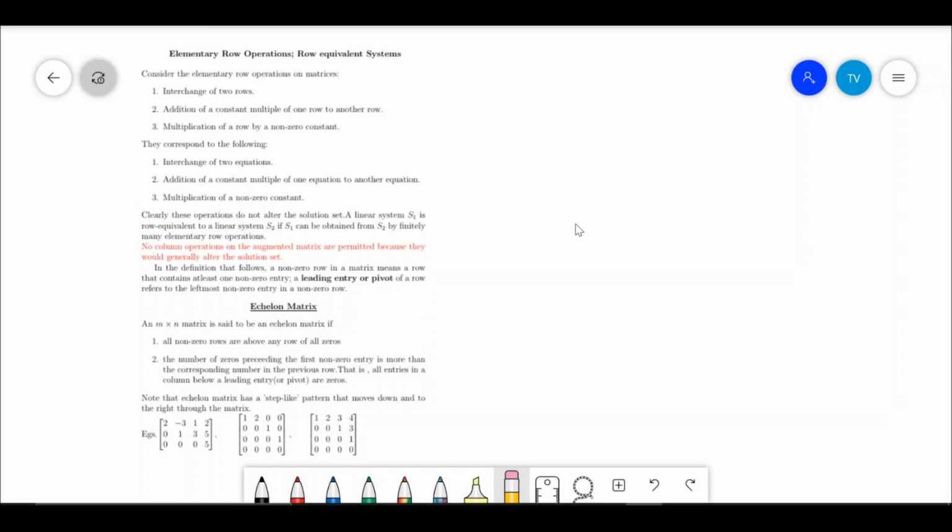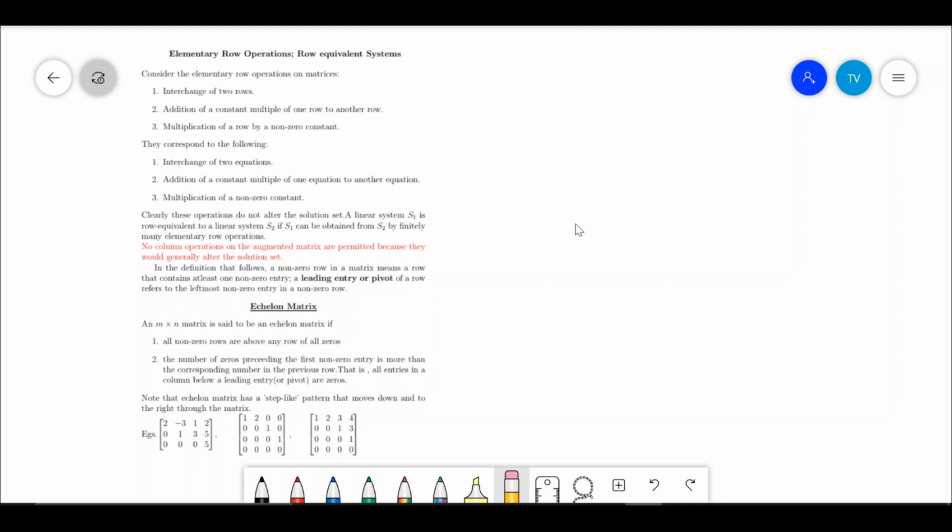Now you are all familiar with elementary row transformations, that generate a new equivalent matrix from the original one. So let us just go through those elementary row operations again. You can see that these elementary row transformations are equivalent to the operations that we do in the corresponding system of equations. So I am going to give a comparison between the two.